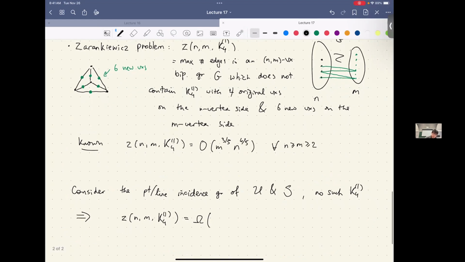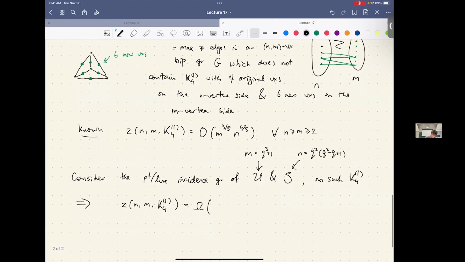And in our case, this is size m, which is q squared plus 1. This is size n, which is q squared minus q plus 1, if you recall. And the number of edges here, E, in this incidence graph G,